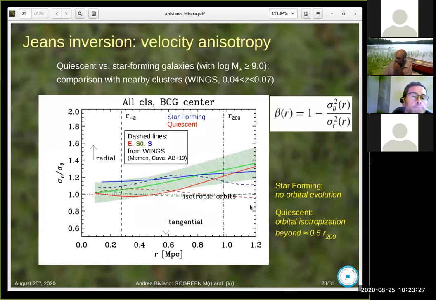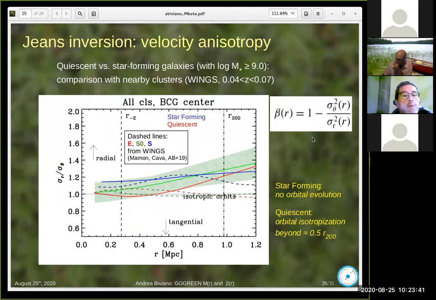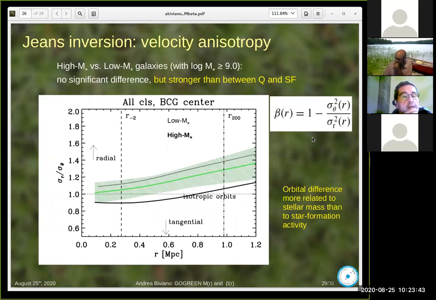Again, this is a very 1 sigma result. But at face value, we do confirm this trend of isotropization of orbits seen in numerical simulation. And finally, for the orbits,